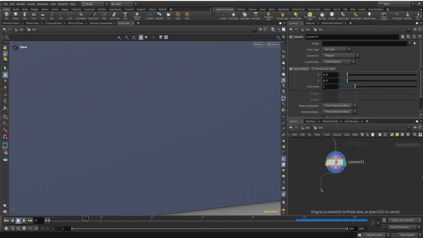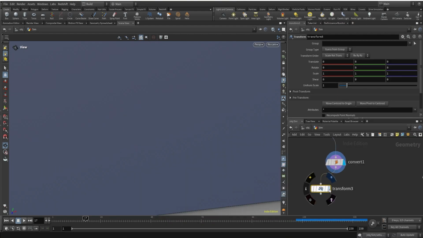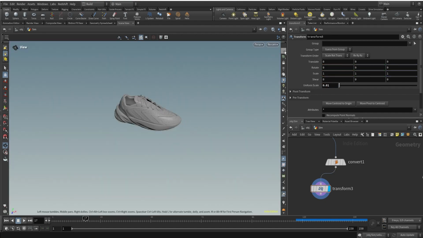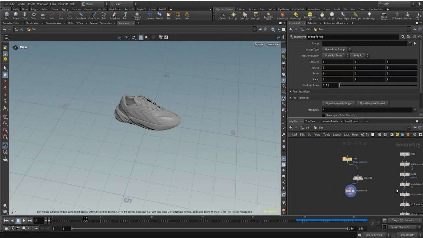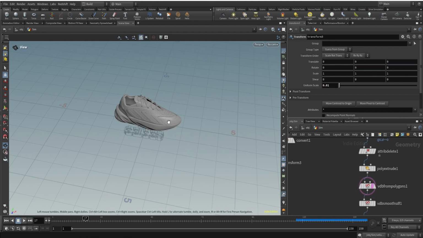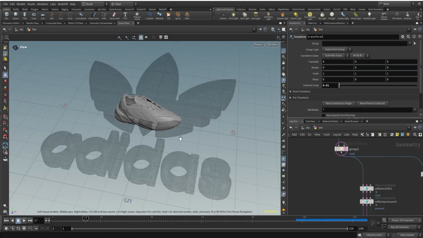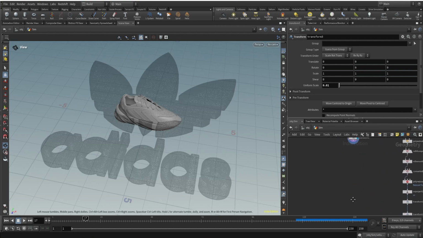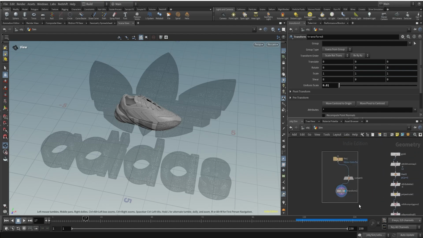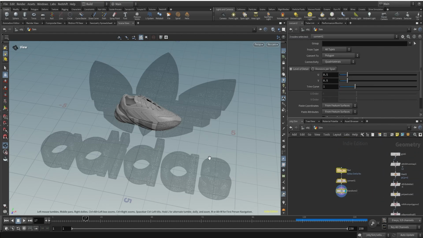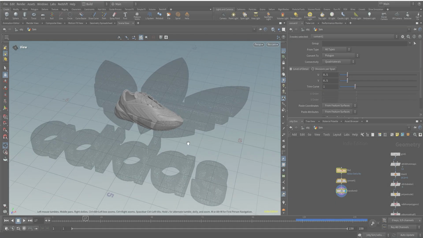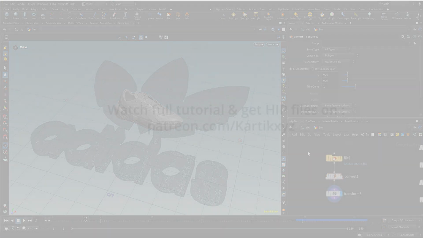Convert, and let me just use a transform node to decrease the size to maybe 0.01, something like this. And if I turn on the grid here and template our cloth geometry, the Adidas logo, this is what we are getting. Okay, so let's work on this. What we are going to do now is create Vellum grains or Vellum